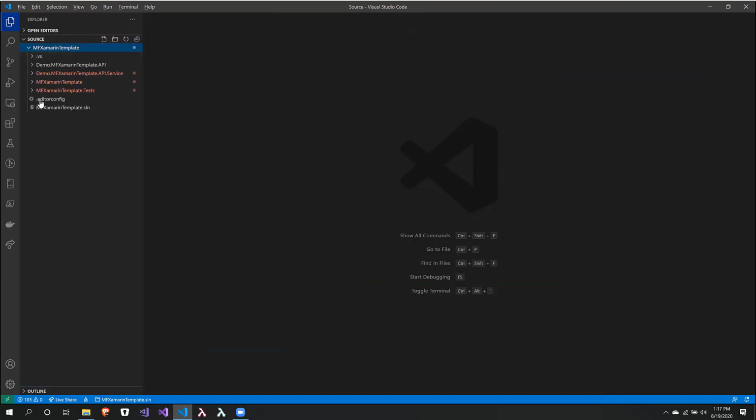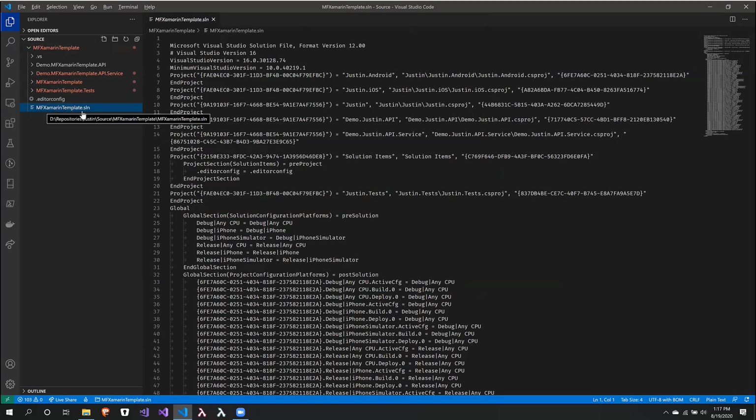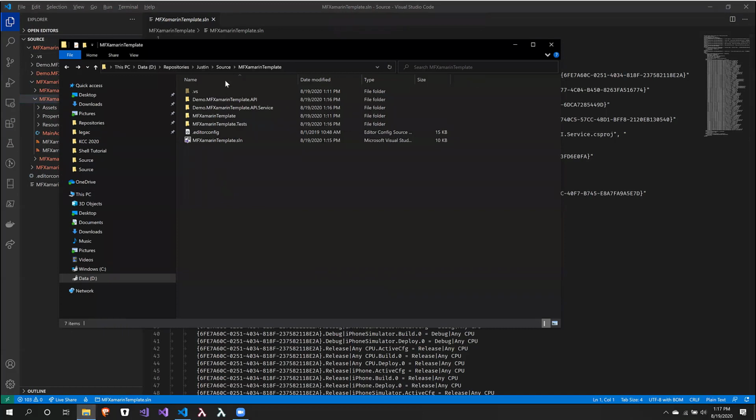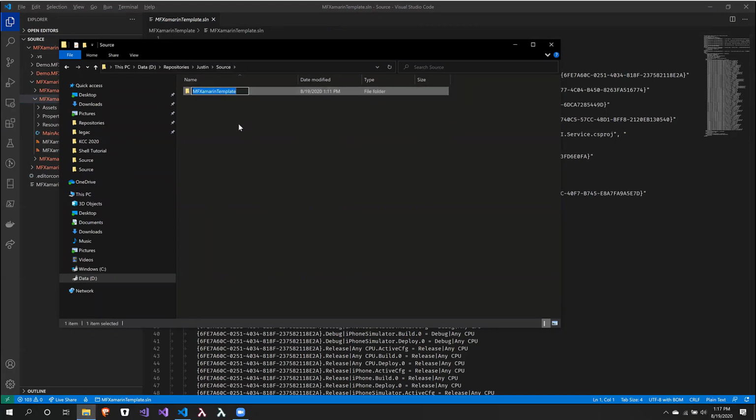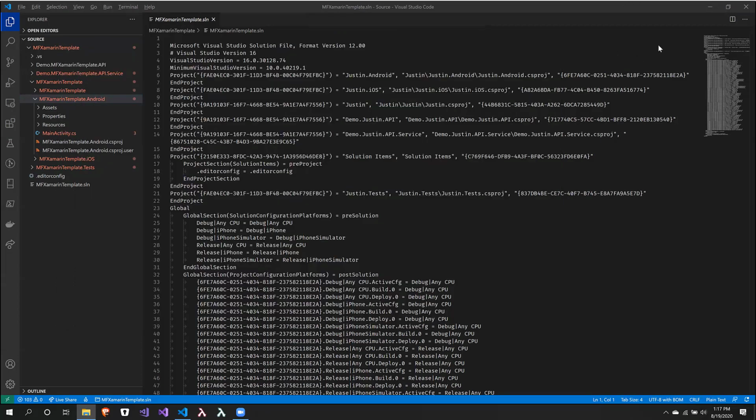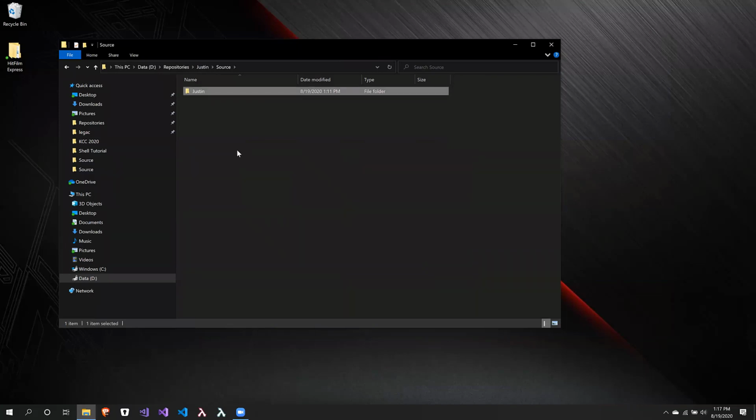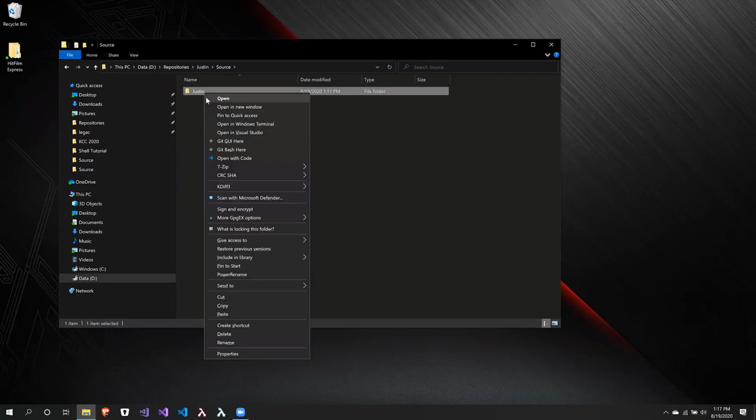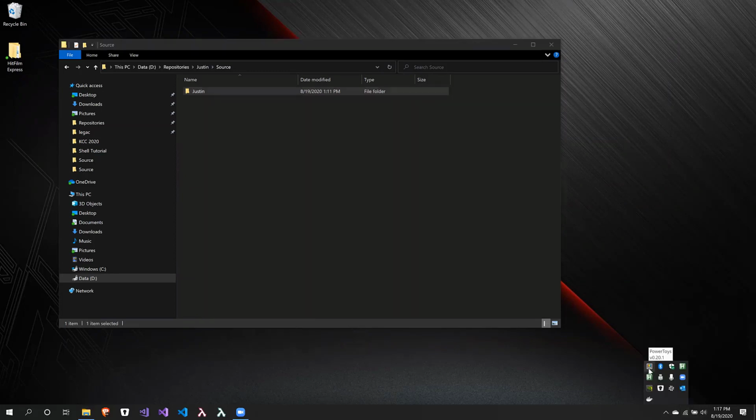So now they're all renamed. However, if I look at the solution file, you'll notice that it still has the wrong name, and now it's looking for justin/justin.android, but that doesn't exist. I still have mfxamarin template/mfxamarin template.android. That's a problem. So now I'm going to go to super tool number 1. First, I'm going to rename this Justin, which Visual Studio is going to complain about, so hang on. Okay, then I'm going to use Power Toys